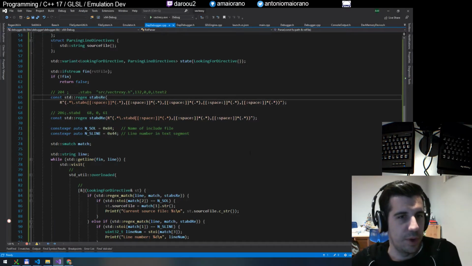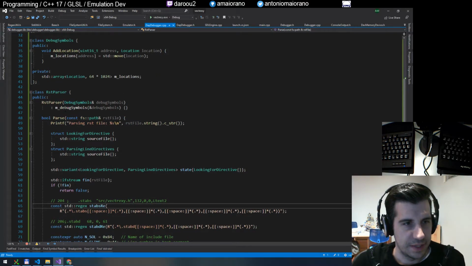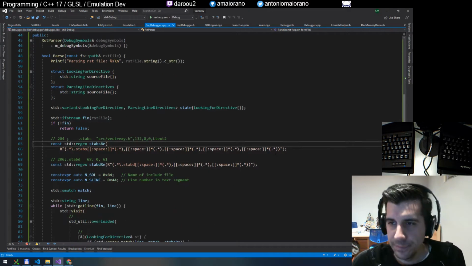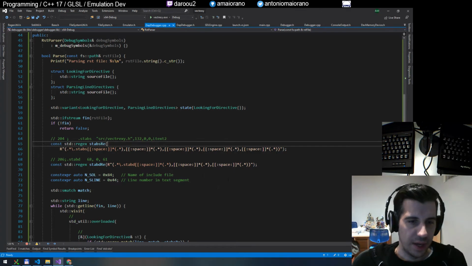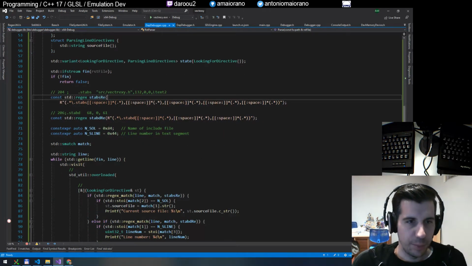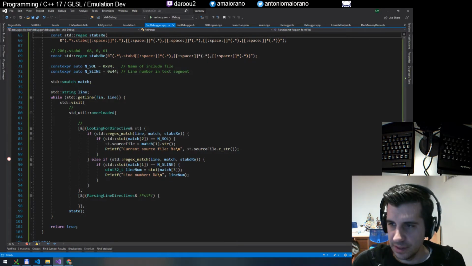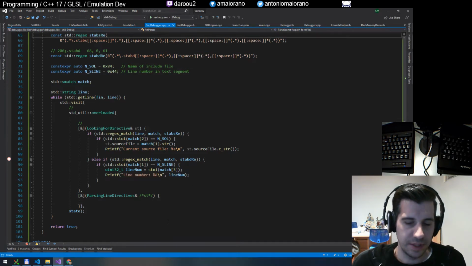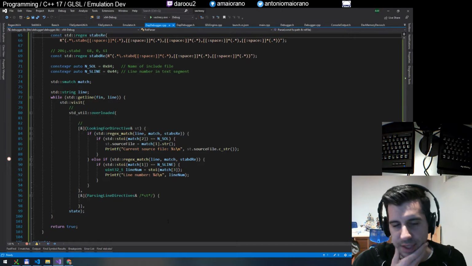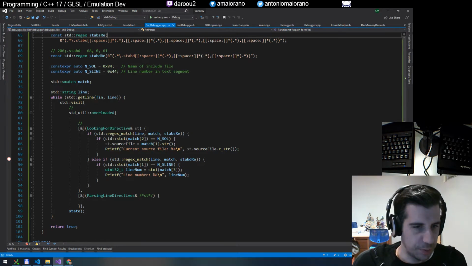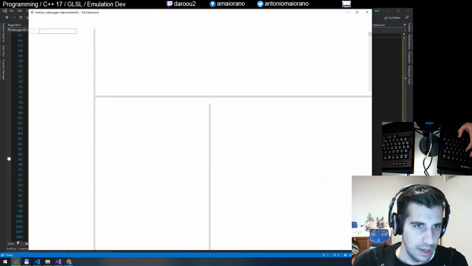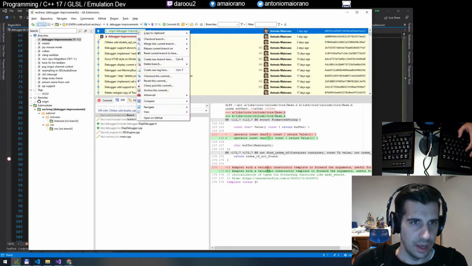So last time we were working on our RST parser. We basically had gotten to the point where we were parsing the source file and line number directives, and the next bit was to get into parsing the instructions. Since 2 days ago, I actually did a little bit of work. So this is where we were last time. I'm going to check out the version